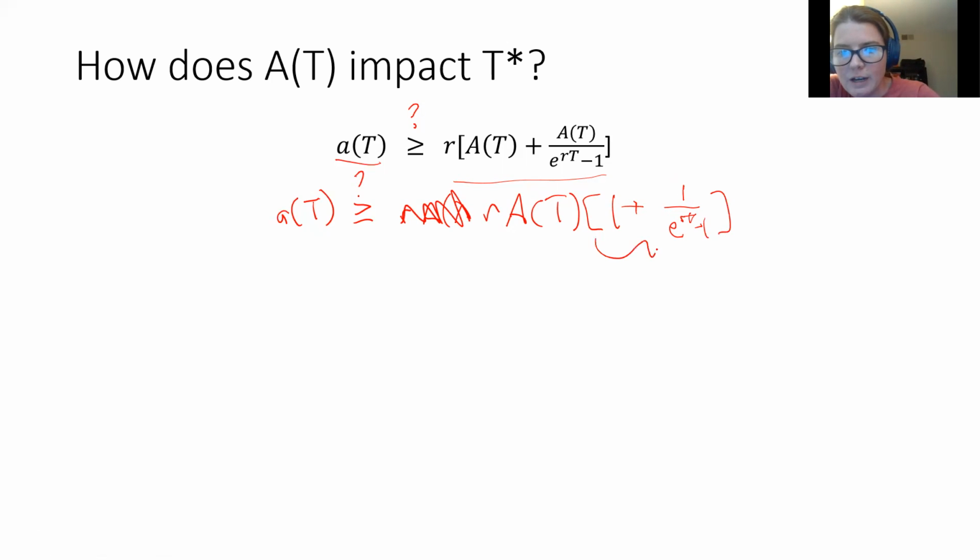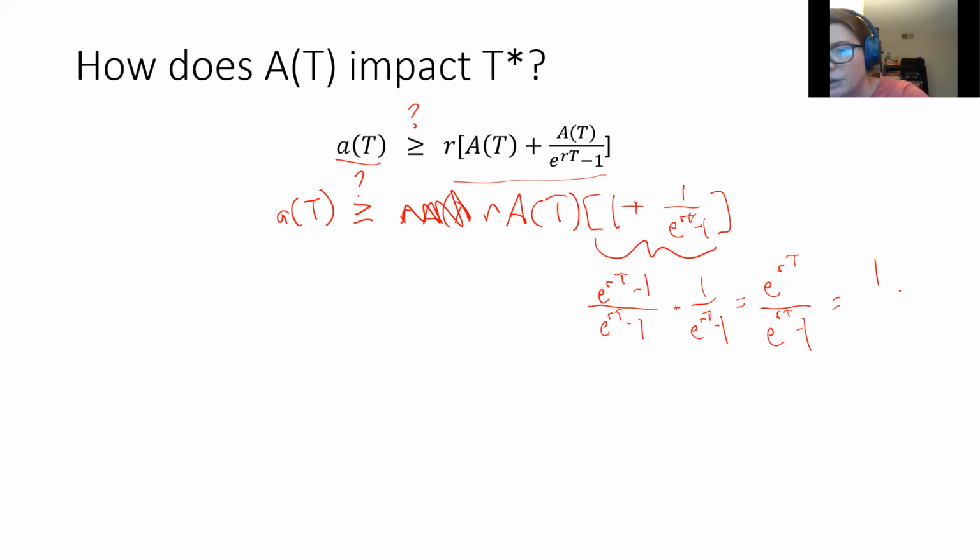We can simplify this a little bit by making it look like this. That's just 1 plus 1 over e^(rT) minus 1. And so the numerator will simplify to e^(rT) over e^(rT) minus 1. And if we divide the top and bottom by e^(rT), we'll get 1 over